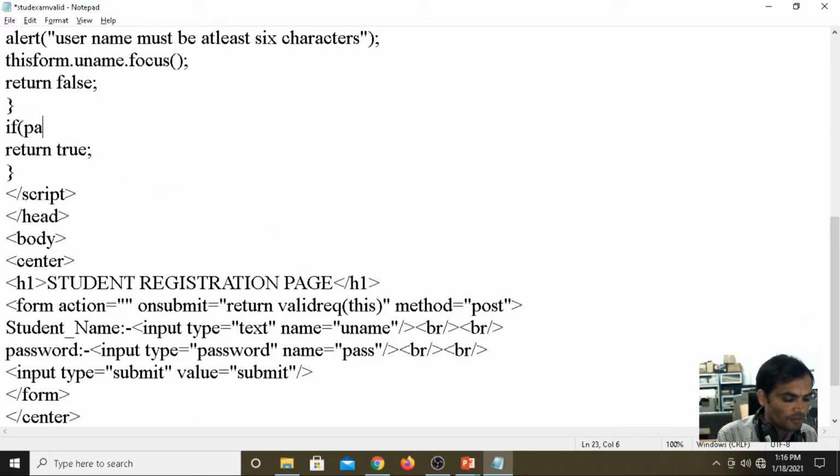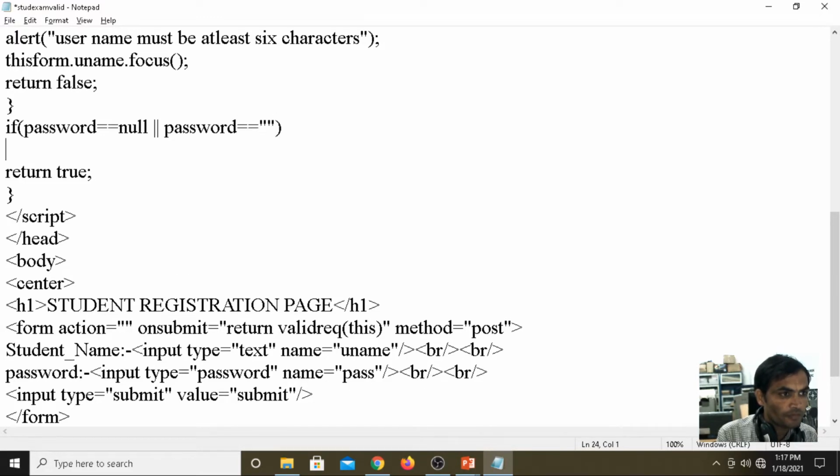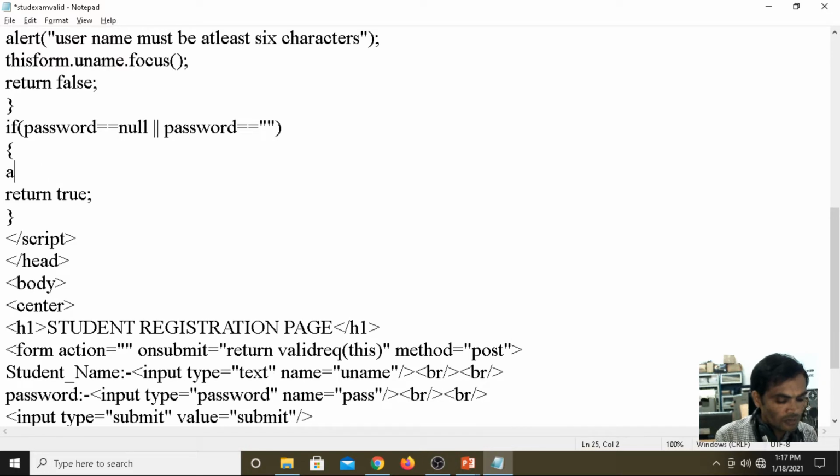If password equals null, or password equals empty, then alert: enter the password.